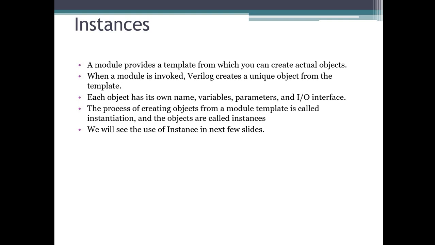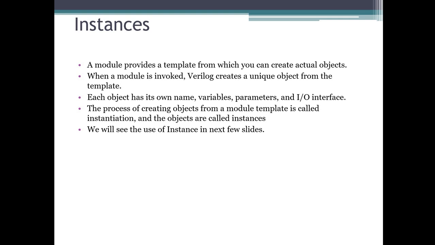Whenever you create an object from a module template, that process is known as instantiation, and the objects are called instances. So this is the kind of definition here.